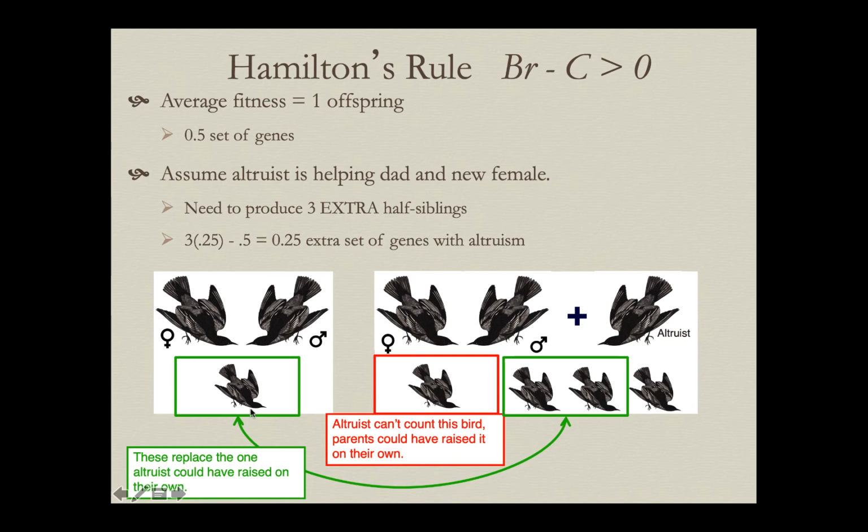You may be thinking, wait a minute. In the last case, it was 2 for 2. But remember, those were full sibs. These are only half sibs, so they're not related by half. This individual, if you could have produced them on your own, was related to you by 0.5. Each of these individuals is only related to you by 0.25. So that's the break-even point here, 3 individuals in this situation. More than 3 individuals, though, total. So 3 extra individuals is what makes the altruistic behavior beneficial, but not quite as beneficial as the last example. But it would still evolve in this context. It's still the adapted behavior.